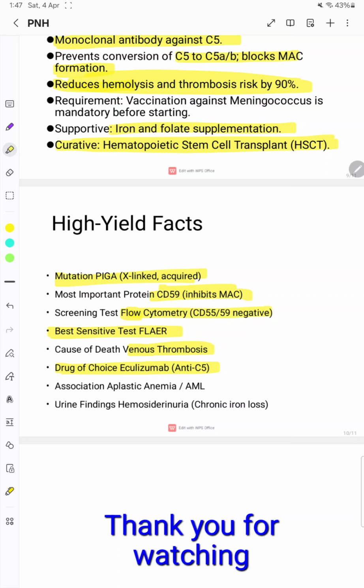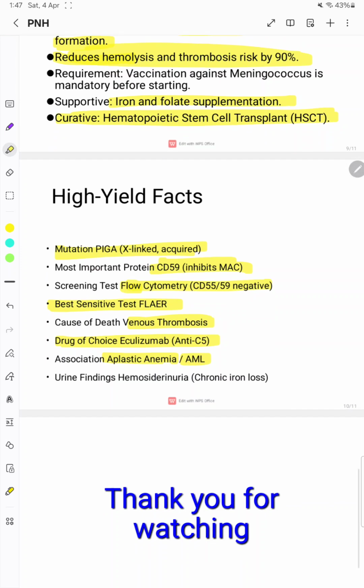Association of PNH is with aplastic anemia because of the bone marrow failure, and in the long run may convert into AML or MDS, and urine findings are hemosiderinuria, which may result in chronic